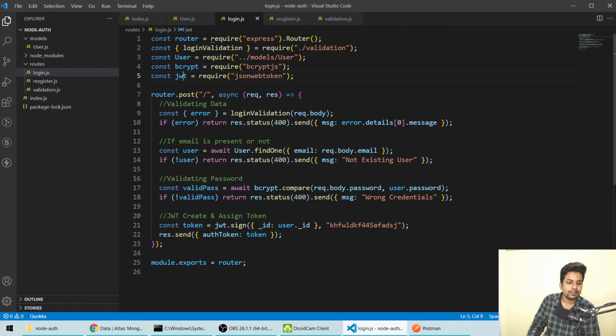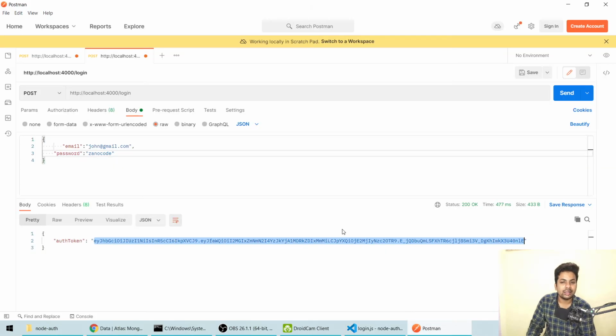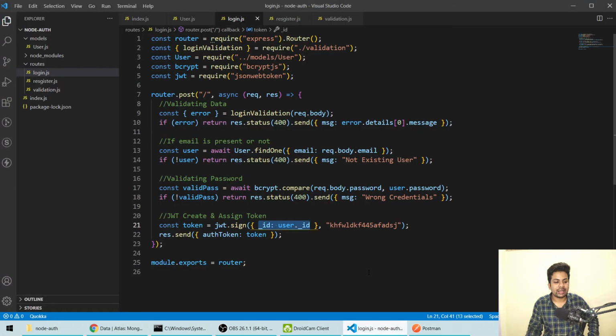So what we'll do: we are using user.id when registering the user. For logging in, when we again want to access some data, we'll ask for this id and say, give me the token. That person will give you the token, and you check it with the JWT, which will give you the id of that person, whatever unique thing you have saved.